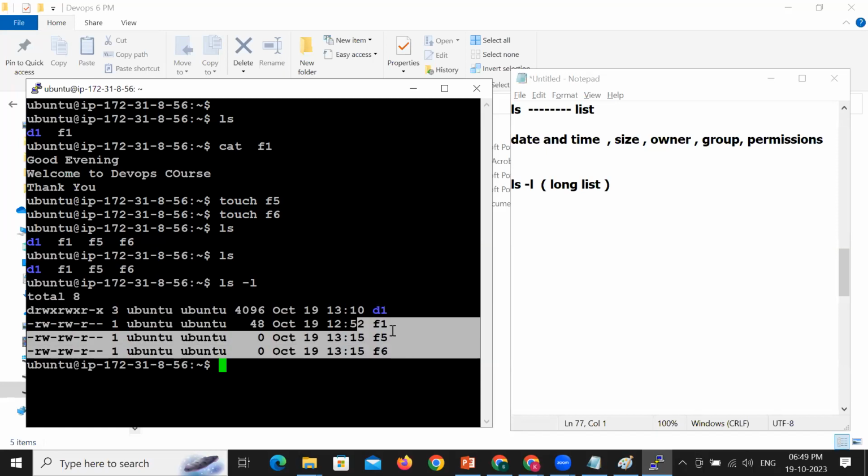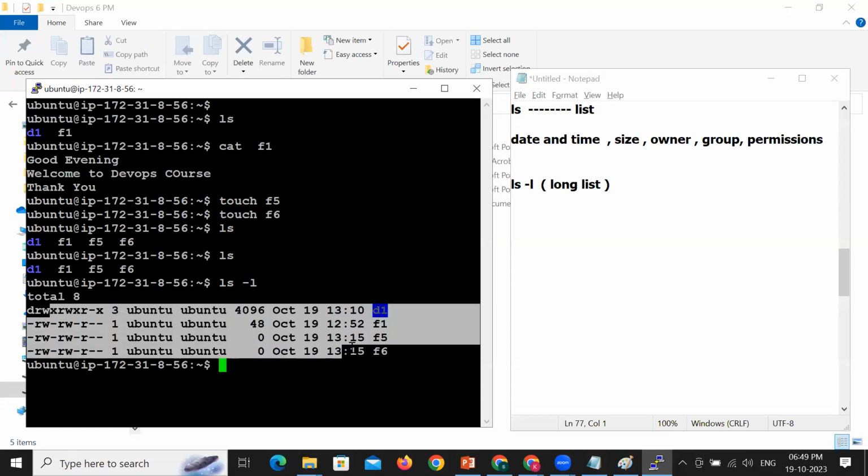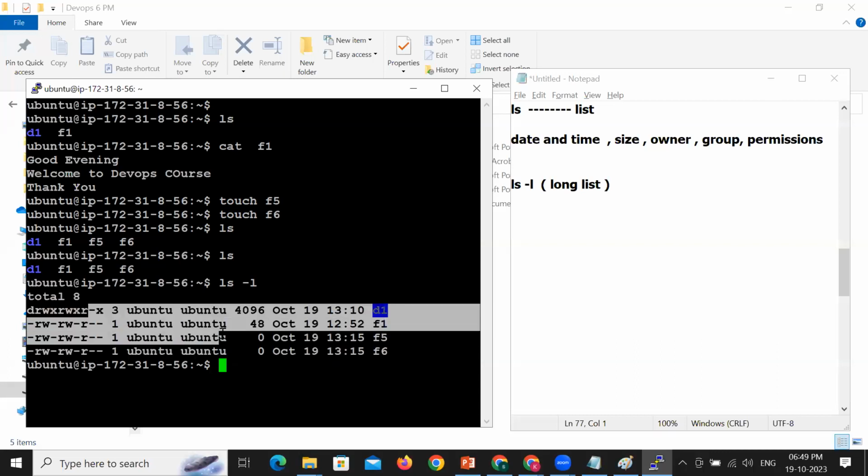Here also we are getting 3 files and 1 directory, no doubt. But are you getting some additional information along with the file names and directory names? Yes, you are getting additional information. That is called long list. When you want more information about a file or a directory, please use long list. Example,